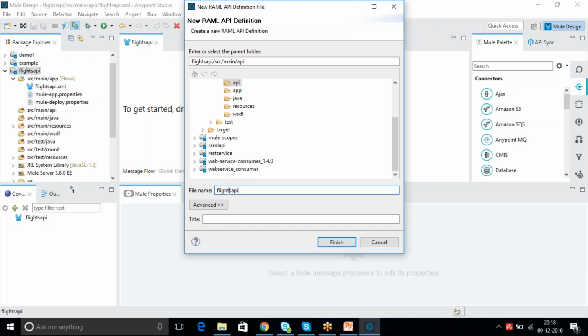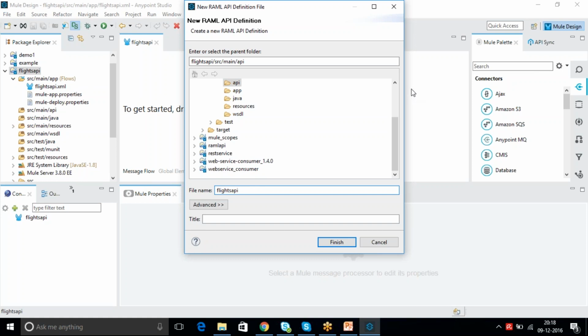If you give some other name, there will be one more XML, a separate XML for that API. Whatever name you give here, when you generate the flow, it will come under that same name. Since I already have one XML, flights-api.xml, and I want to generate the flows inside that only, I have given the RAML file name as it is.